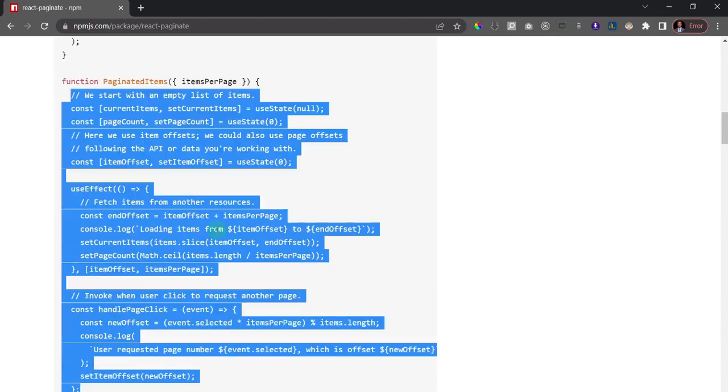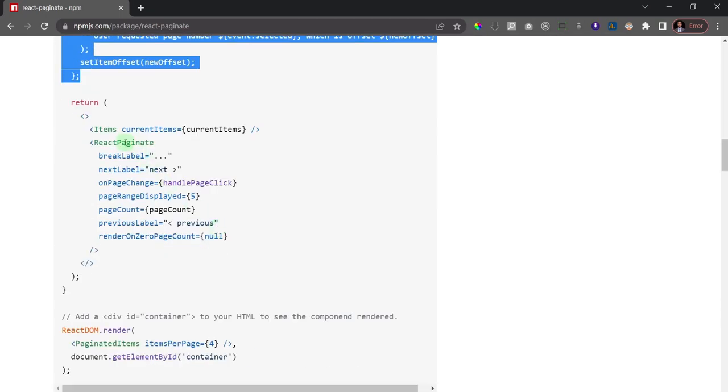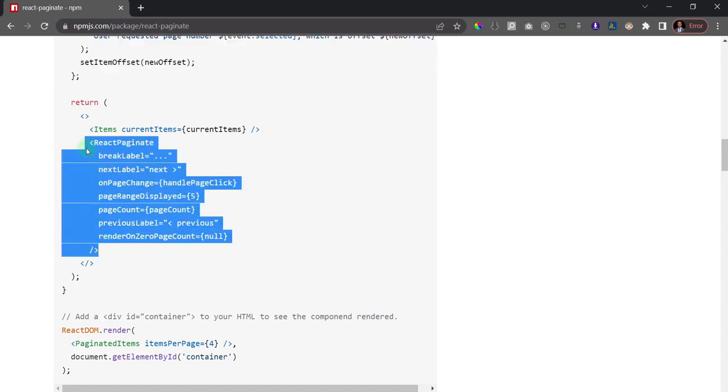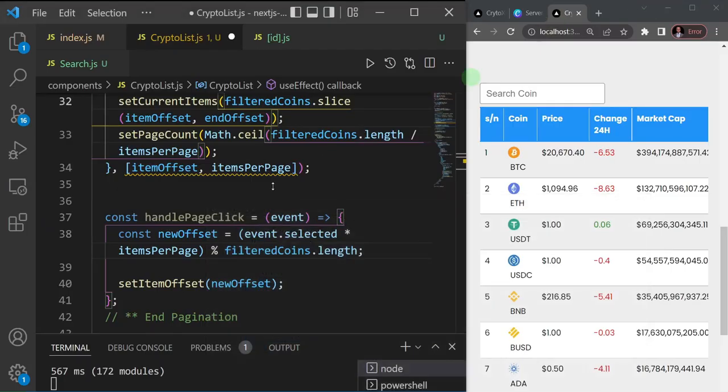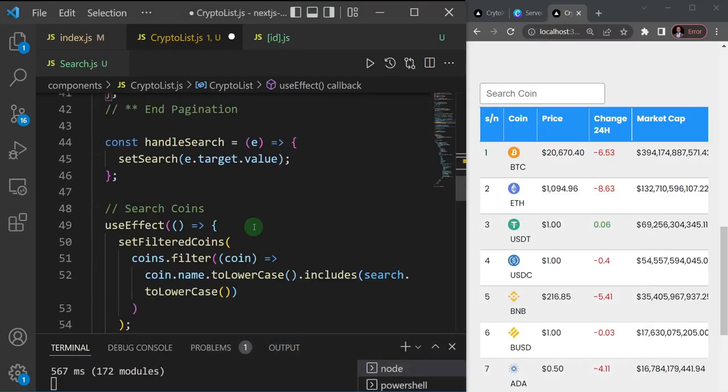Okay, so now the next thing we need to do is grab the pagination component, which is this guy here. So items, current items, it starts here and it ends here. So I'll just grab this React paginate, I'll copy that and I would minimize this. Then let's come down to,